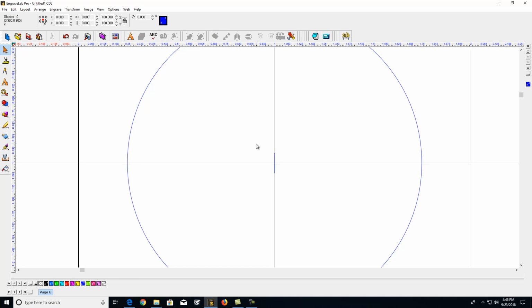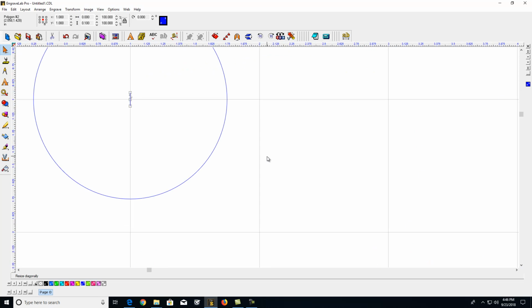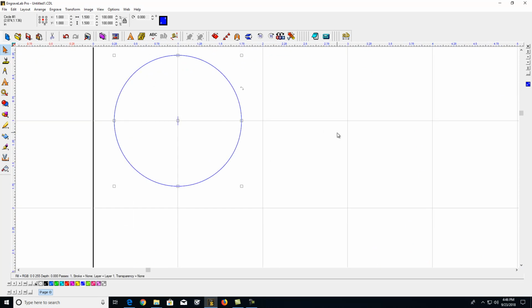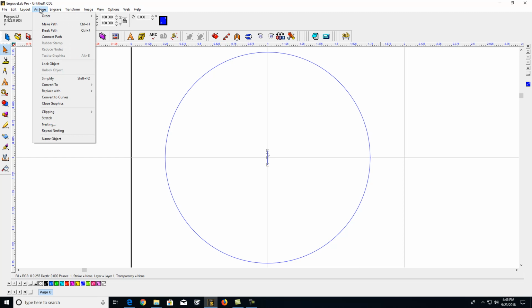Okay. Now remember, if you're using a cutter, your cutter is going to be larger than this 0.1 inch. So I want to put these tick marks out on the radius. So I'm going to just click on my hotkey, which is F7. So I'm going to select it. I'm going to go to my array, but that's also under